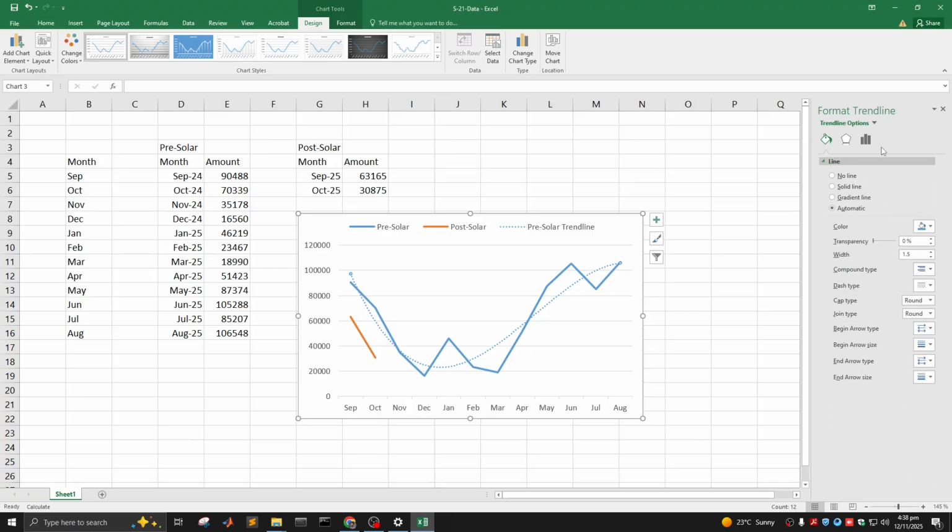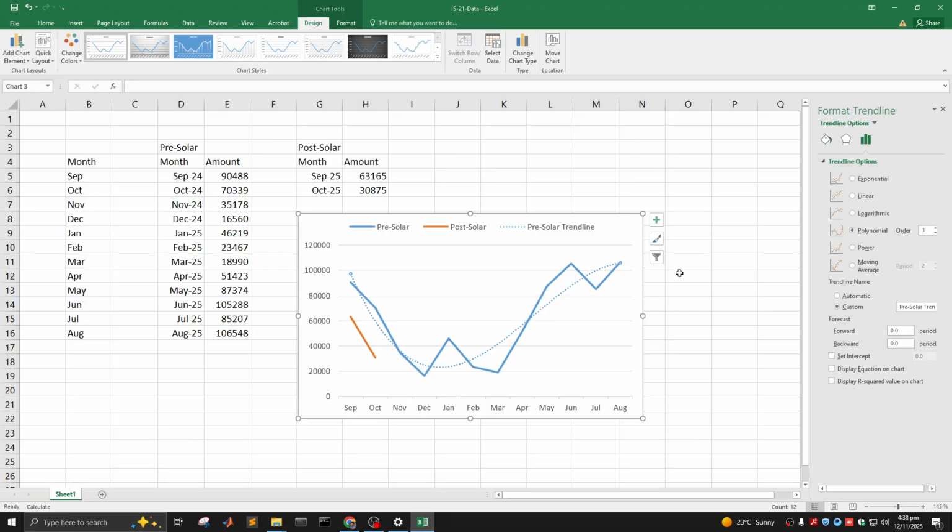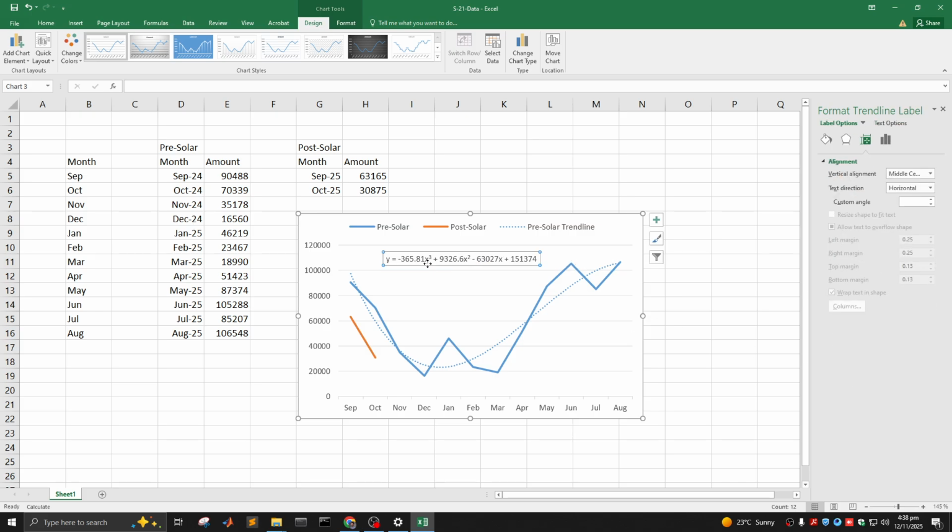I'm gonna go to my trend line and make sure I display the equation of the trend line right here. So there it is. Key takeaway, we could bring in trend lines, but the good part about trend lines is